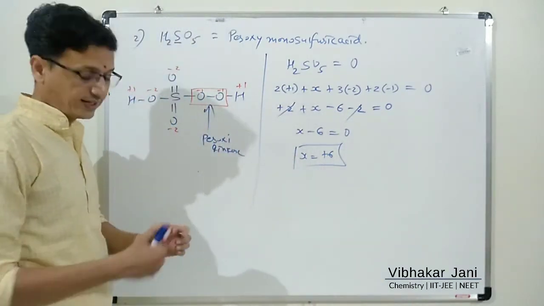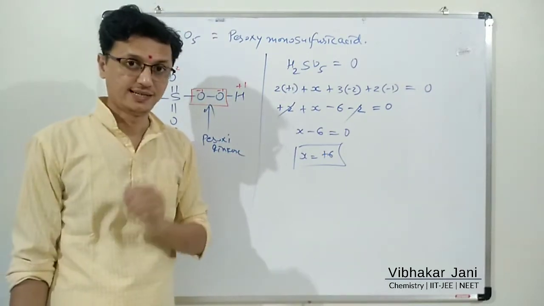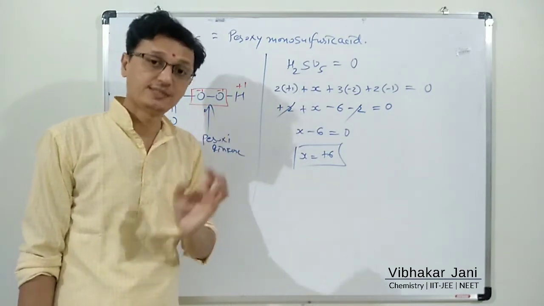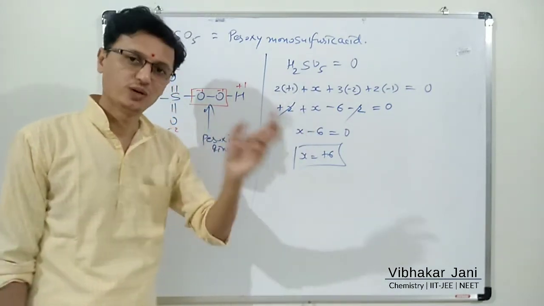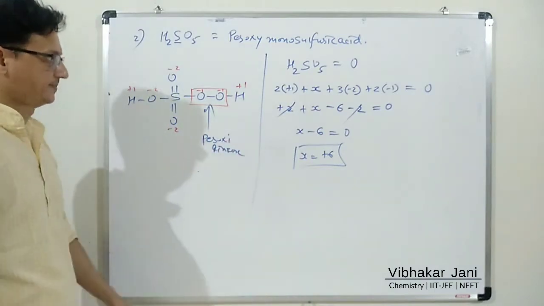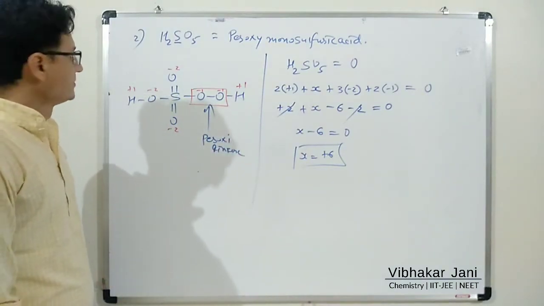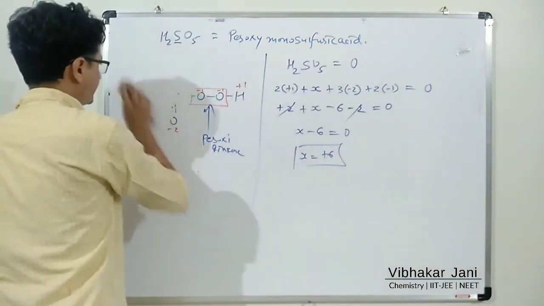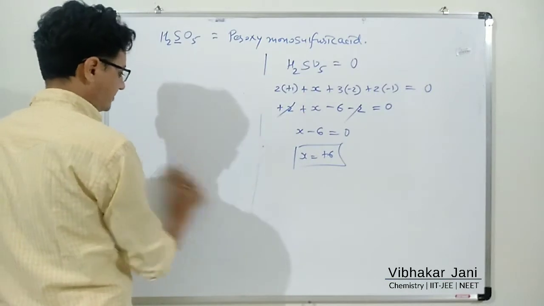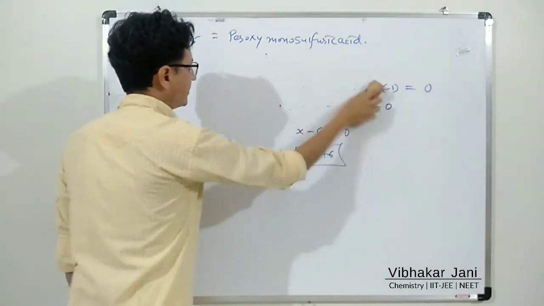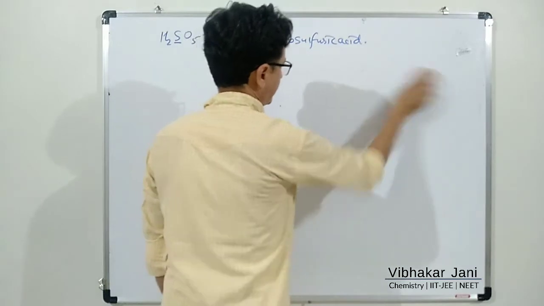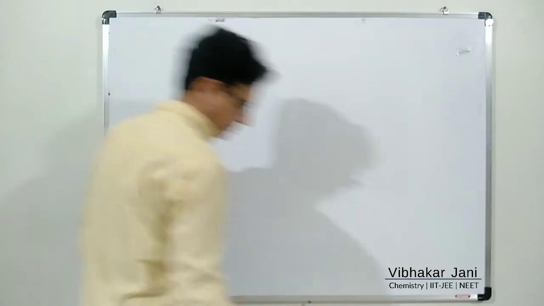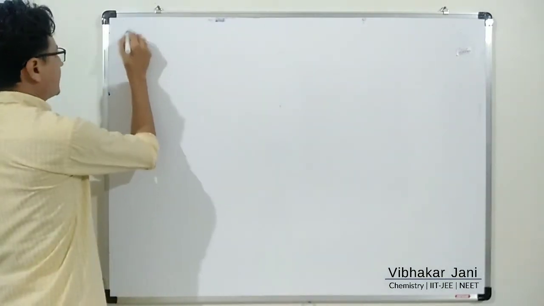The peroxymonosulfuric acid is also known as Caro's acid. Caro's acid. The s is silent, so the name is Caro acid. Caro acid. Okay, just write down this. Okay, now let us see third example. The third example is